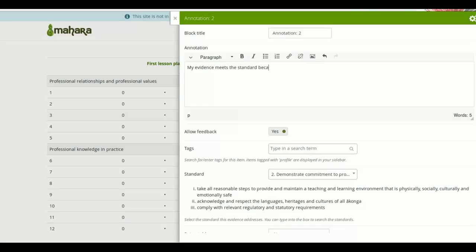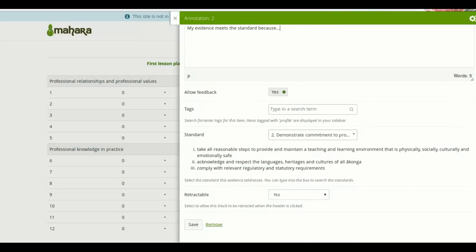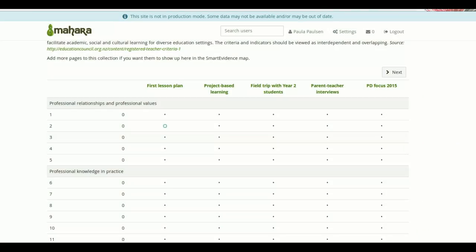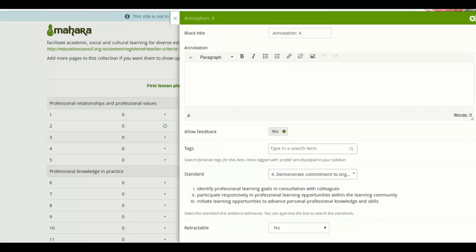And you can have the explanation right there. Towards the bottom you see the standard being selected directly, and you also see the descriptor for the standard. You can save this standard, and then the icon changes so that you see directly, yes, I have already added an annotation there. You can add as many annotations as you want,